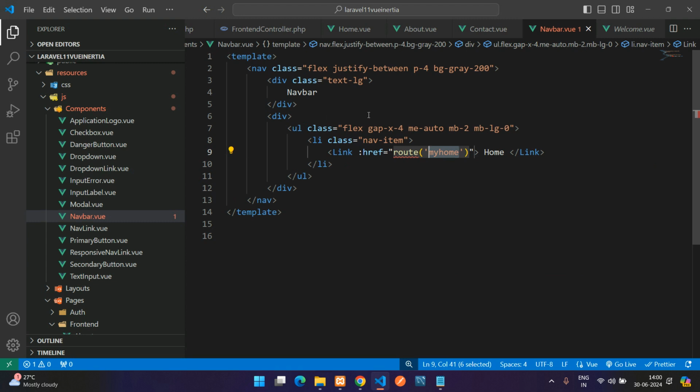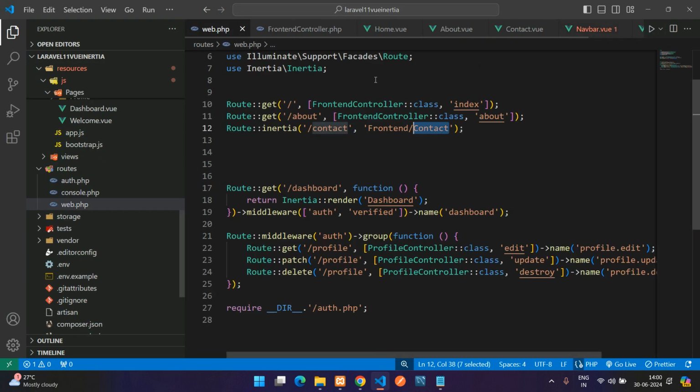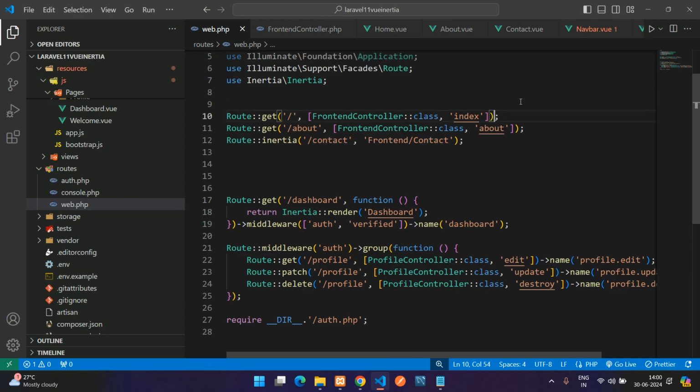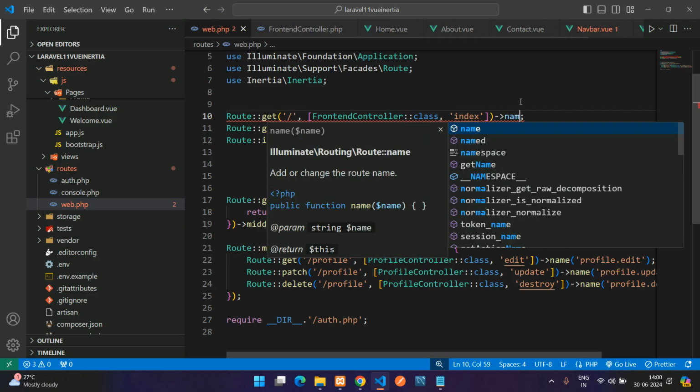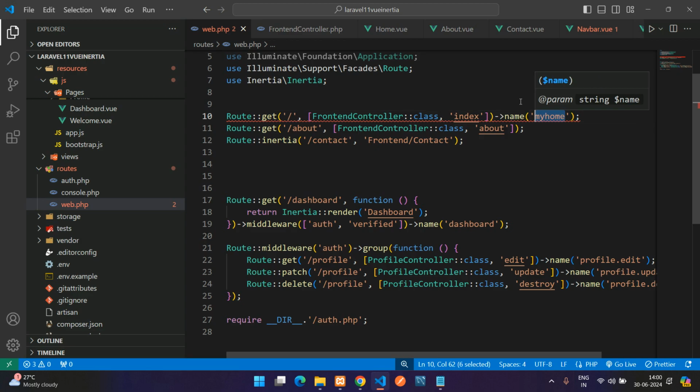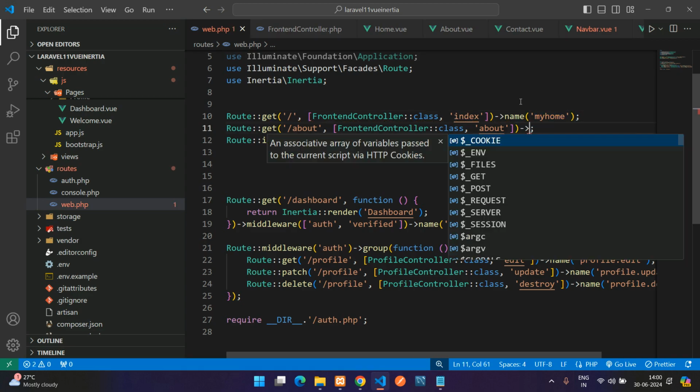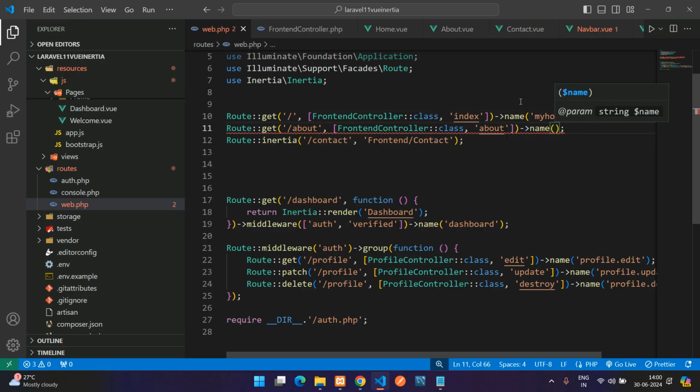So now you can copy this, and if you're using a route, then you have to mention that here. Okay, like name equal to my home. So same with name equal to about us. Now you can copy this and paste here and mention